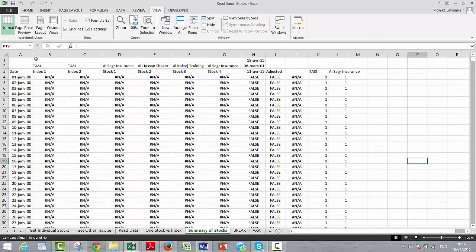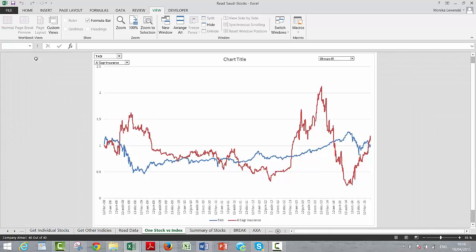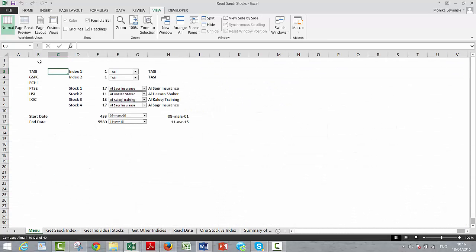Okay, so up here we'll put the column number in, and why don't we put a title on that chart too? So for index and stock, we can just put an equal sign and go to this,